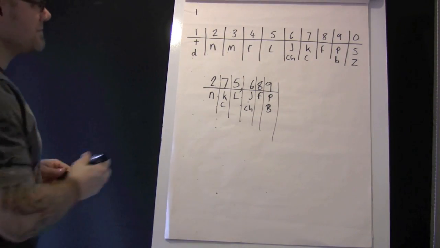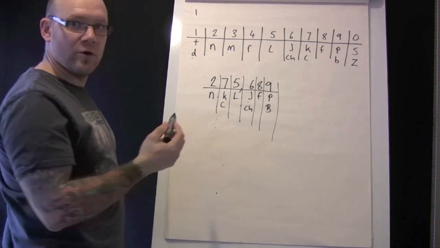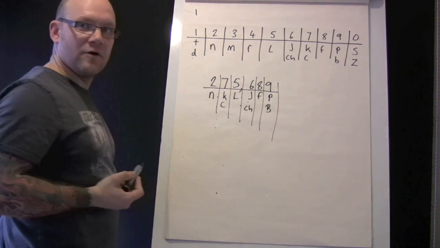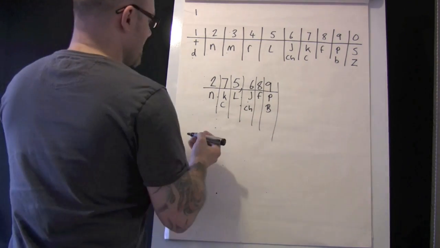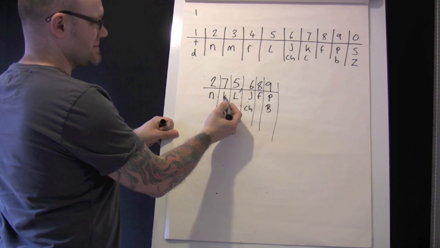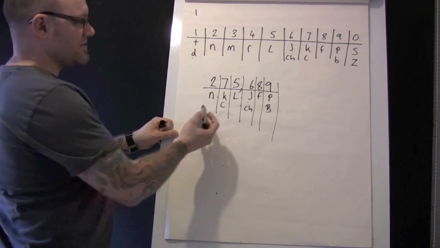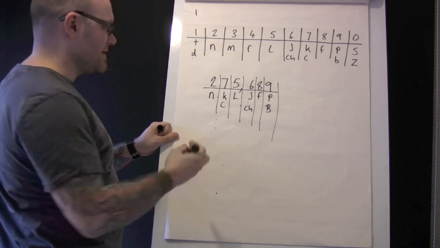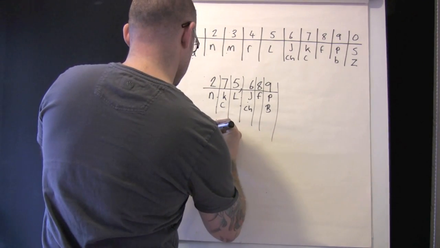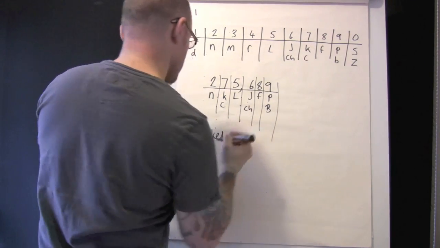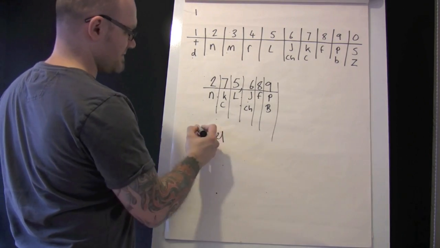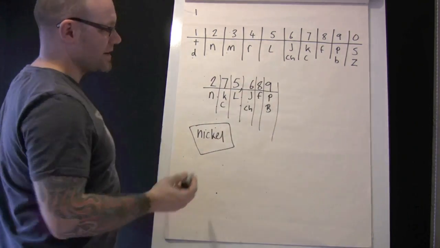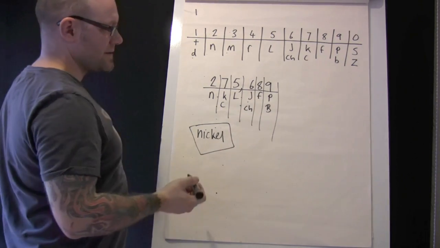Okay, so we need to create a word or a couple of words that use this sequence of letters. So N, K and L. We can have nickel, because vowels aren't included in here. So nickel, 3275. Next we have 6, 8, 9. So chaff,